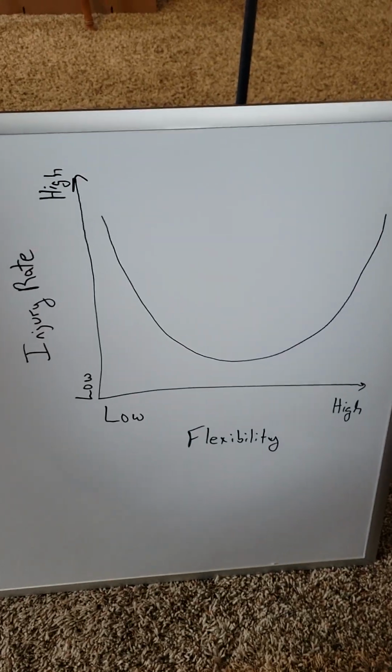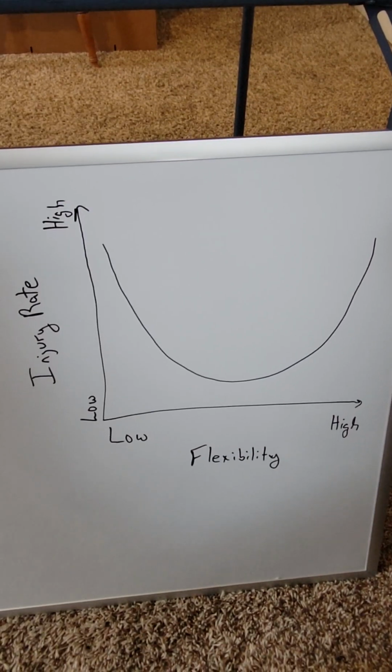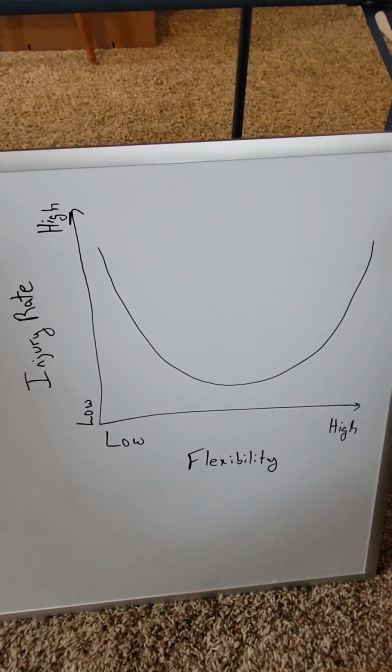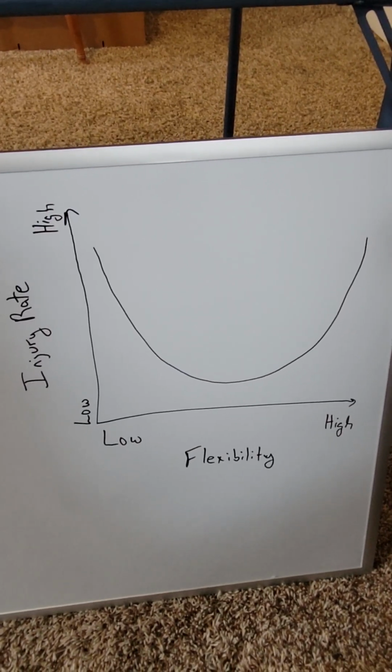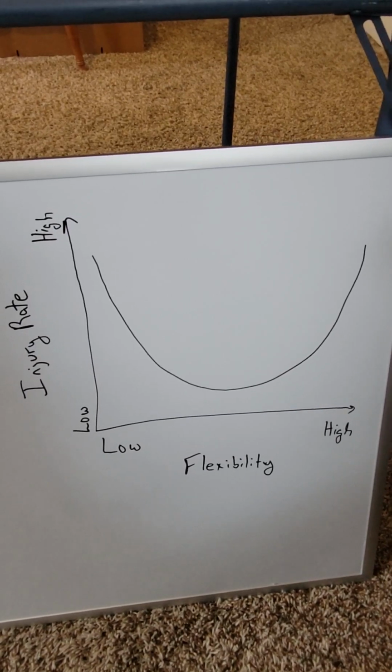Here, let's just show it and then I'll talk you through it. Okay, written up here or drawn up here. So you have your injury rate as the vertical axis. Low injury rate is down low. High injury rate is up high. That's pretty self-explanatory. Then we look at flexibility, and we see that